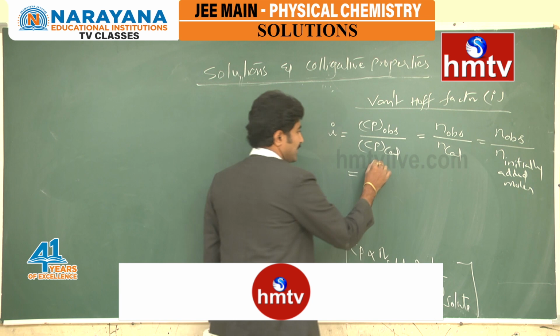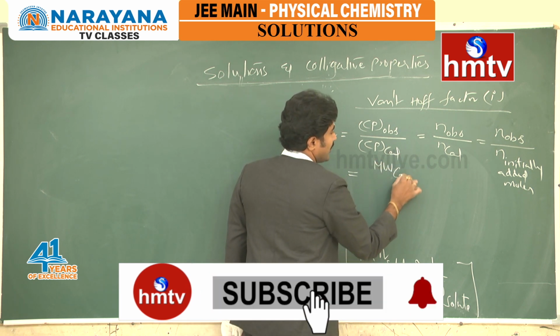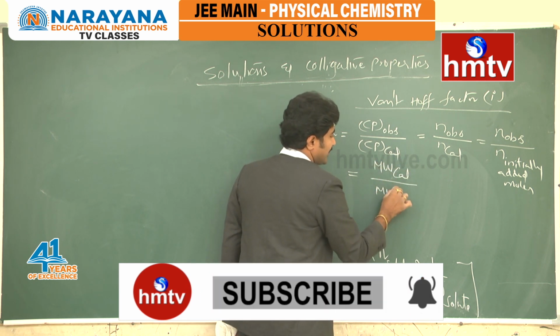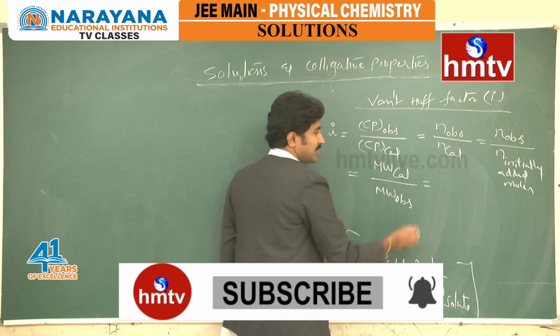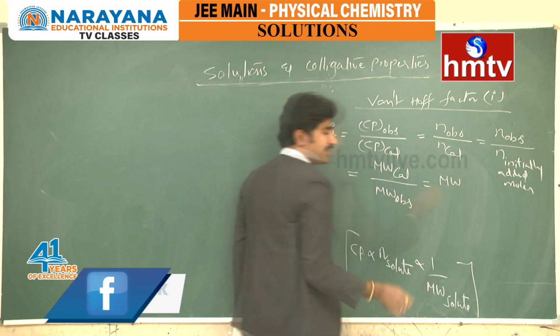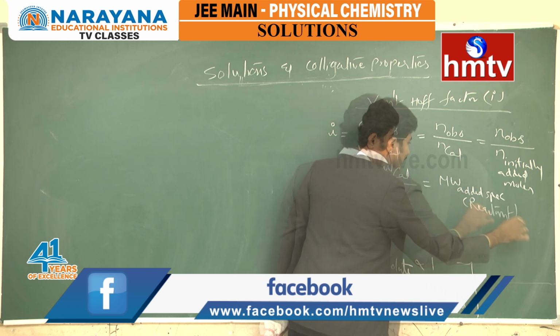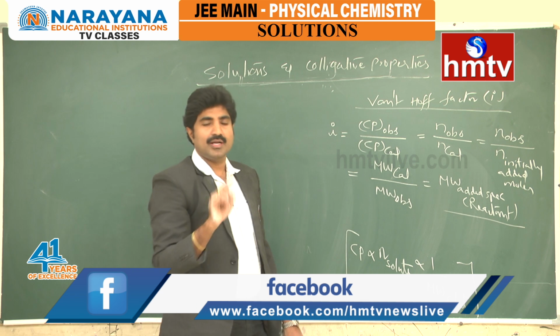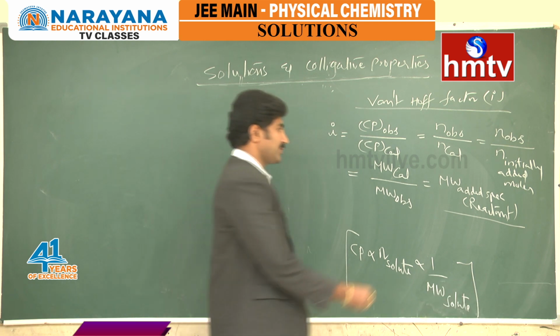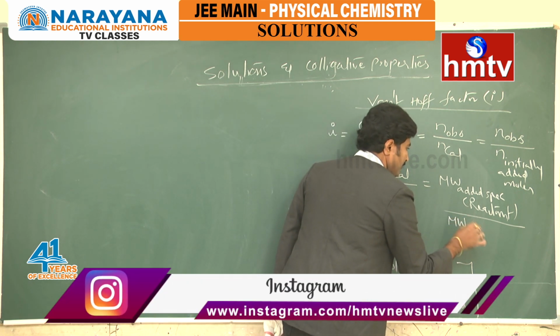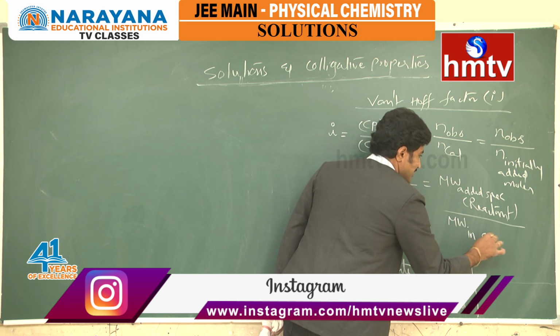From this we can write molecular weight calculated by molecular weight observed. That means this is the molecular weight of the added species, the reactant, by molecular weight at equilibrium position, the molecular weight in the solution state,